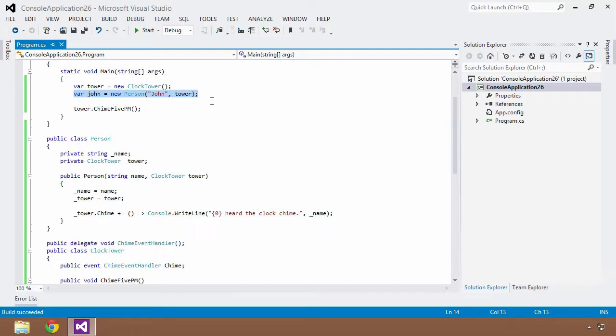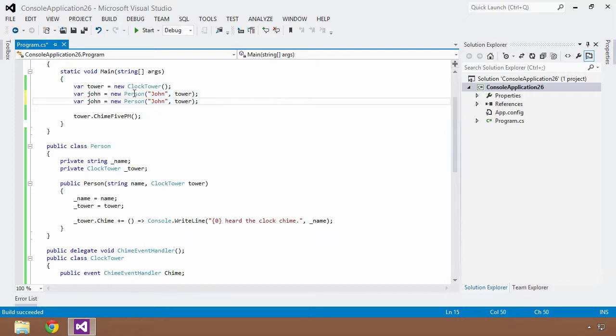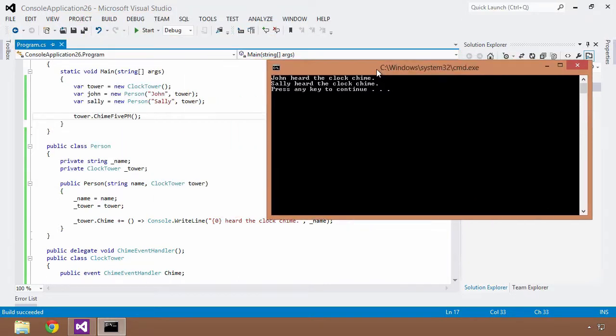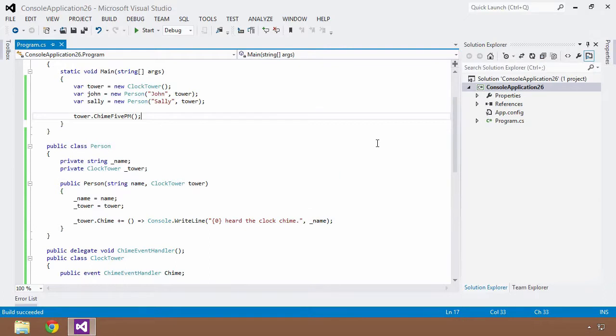And I could do another one if I wanted to. I could copy this, and I could create a new person and call this Sally. And now we'll give the name a value of Sally. We'll save, and we would do a Control F5, and now both people see that clock chime. So John heard it chime and Sally heard it chime. Well, that's great. So we could do this all day long and create as many of these as we want,